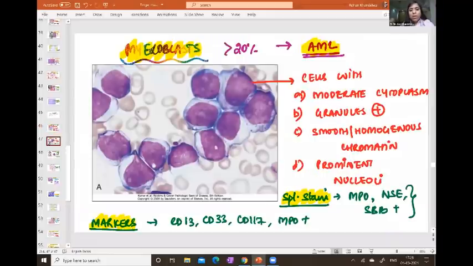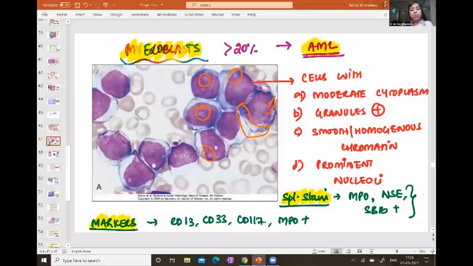Now, in this image, can you see these cells are larger, again larger cells? But let us differentiate. They have got a moderate cytoplasm. See how beautifully it is seen, right? Then the granules are present. A lot of granules are present in the cytoplasm, right? Then a very important thing which I see are these prominent nucleoli which are there, right? Prominent nucleoli, conspicuous nucleoli. So I make a diagnosis that these are myeloblasts, right? And they are seen in AML.